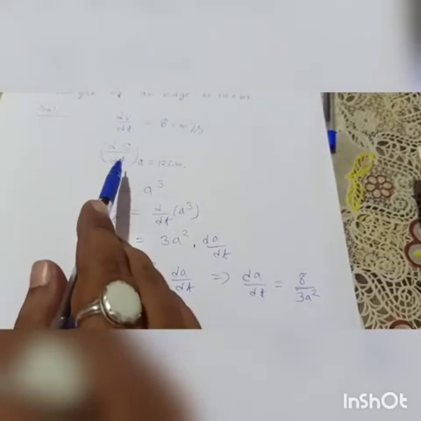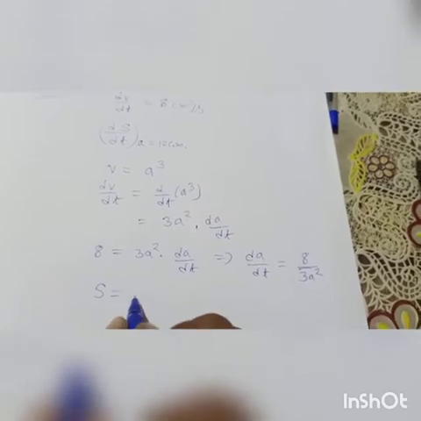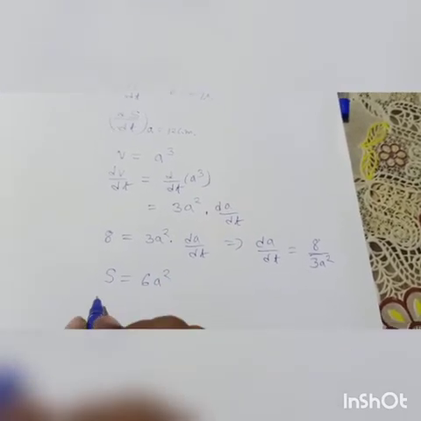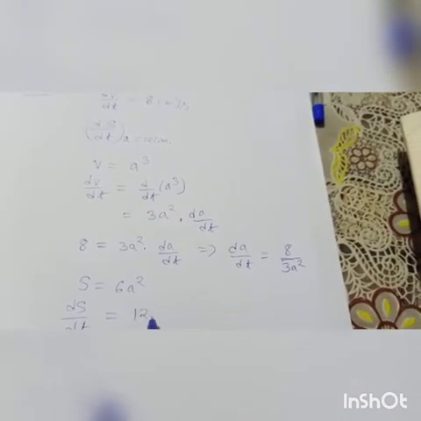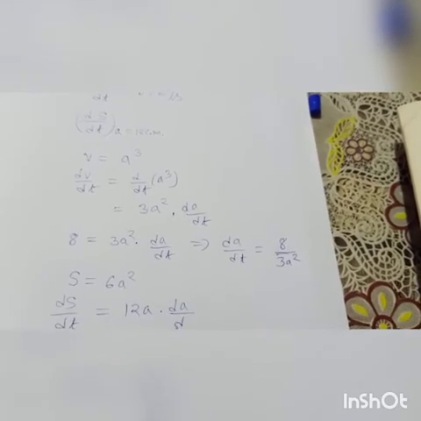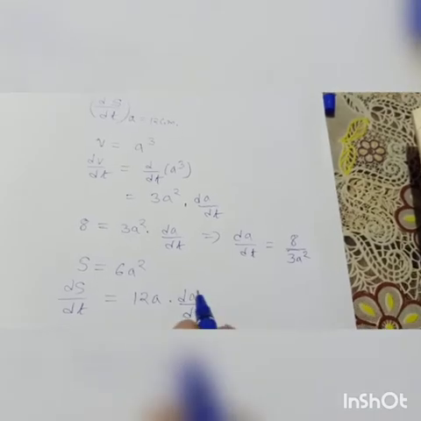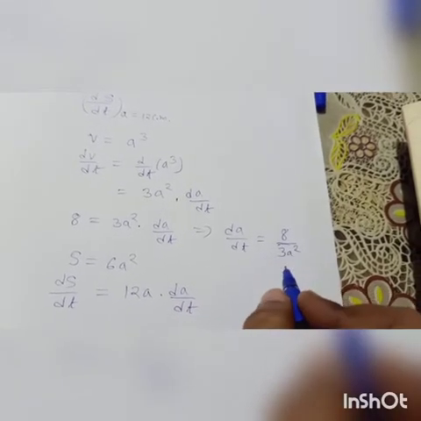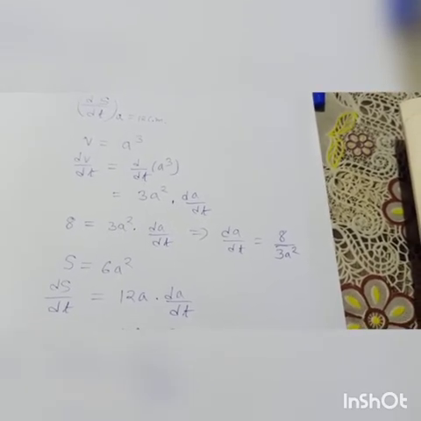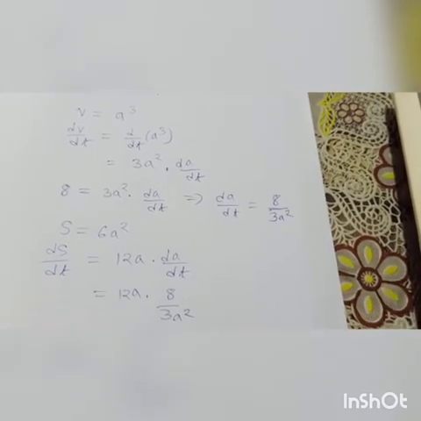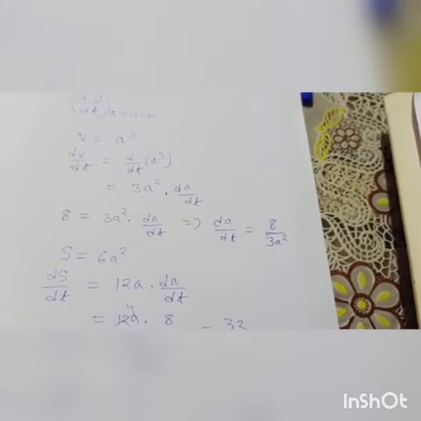What we have to find? dS by dt. We all know that S, value of S for cube is 6a square. So we can say dS by dt equal to 12a multiplied by dA by dt, as a is not variable. Now we can put the value of dA by dt from here, that is 8 by 3a square. So what we will get? 12a into 8 by 3a square. So after simplification you will get 4 times 32 by a,